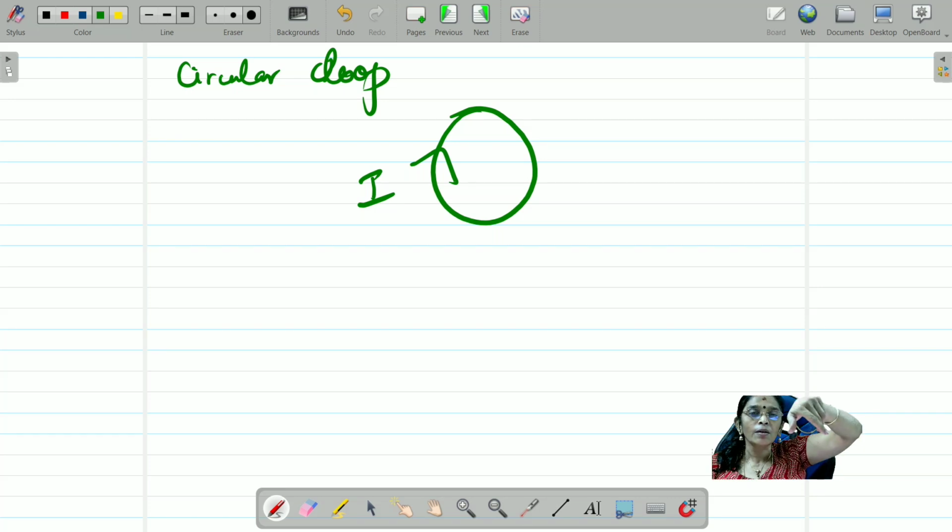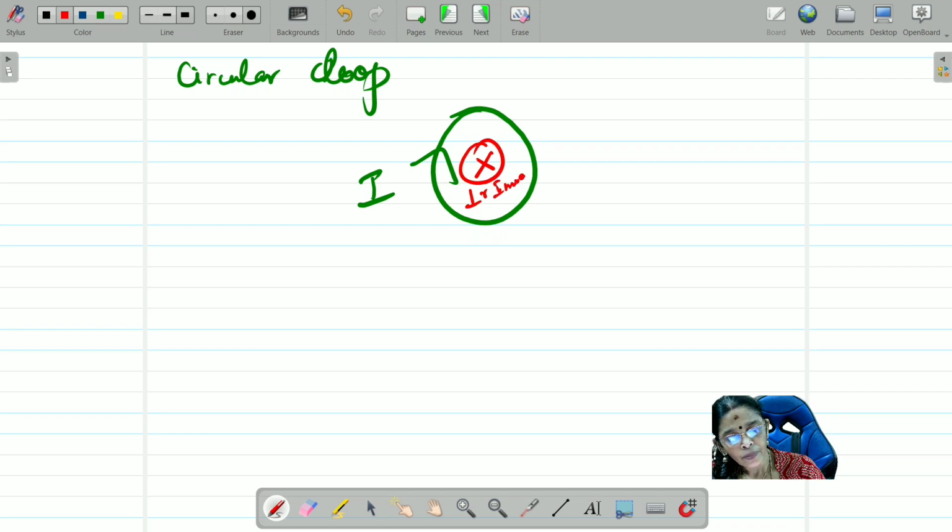Look at that thumb. The thumb shows the magnetic field. Now, where does the thumb go? You see here, if I am keeping it like that for a paper, where does the thumb point? The thumb is going inwards. So therefore, I have to write that the magnetic field at the center of the loop is perpendicular inwards.